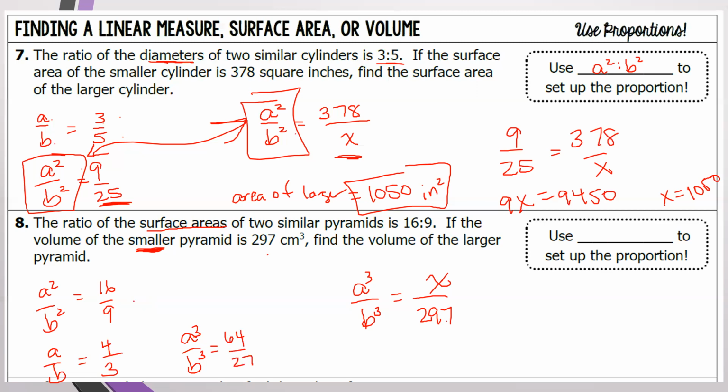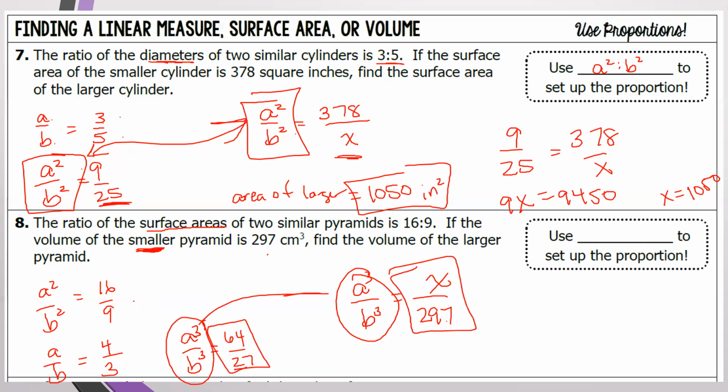So I used all of that, and now I have an A cubed over B cubed here, and A cubed over B cubed here. They're the same thing, which means these have to be equal. So I can say 64 over 27 equals X over 297, and cross multiply. You get some big numbers. 64 times 297,